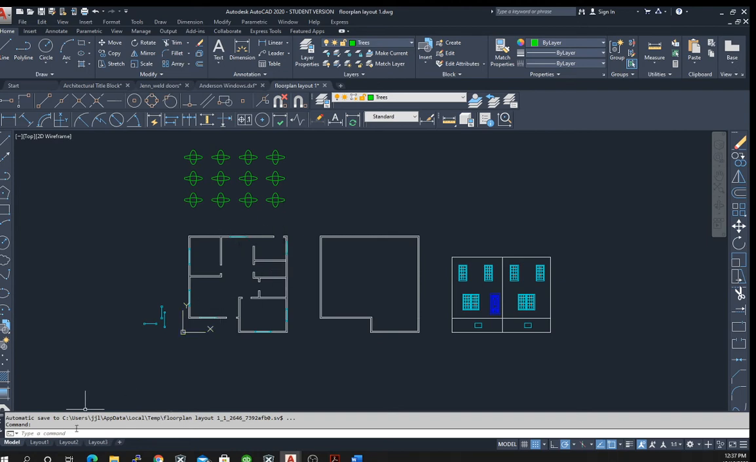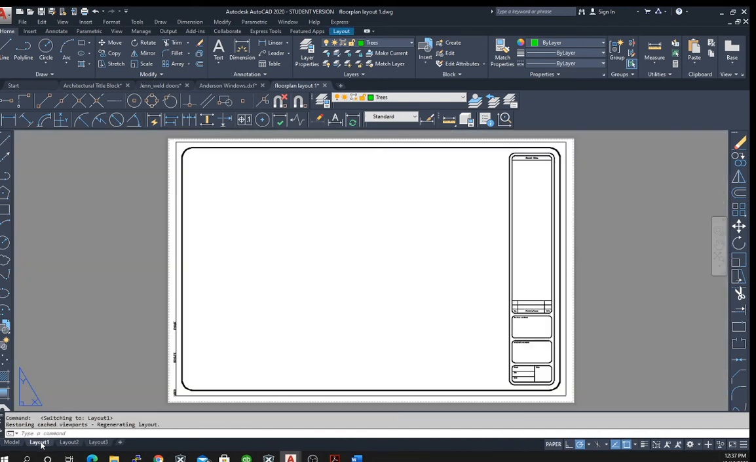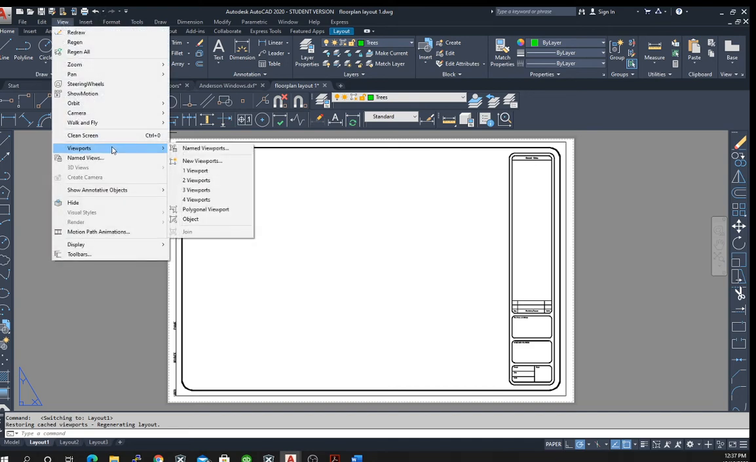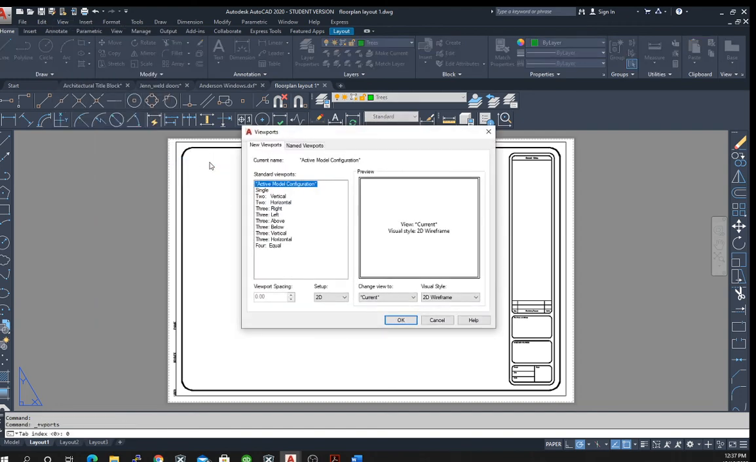Finally, we can now go to the layout. So when we go to the layout, you'll need to make 3 layouts. So one layout will be this. So we'll go to the View, Viewport, New Viewport, Single, and actually we should do this in,